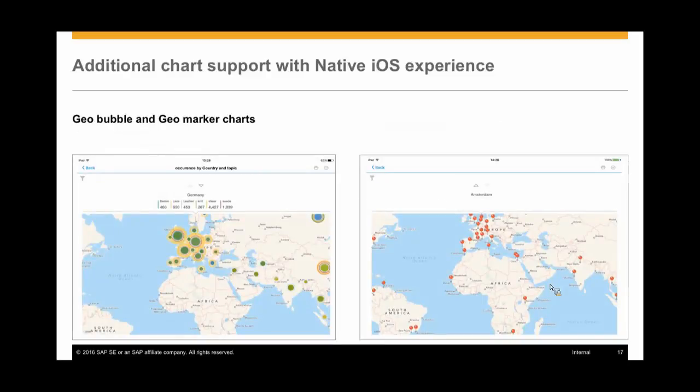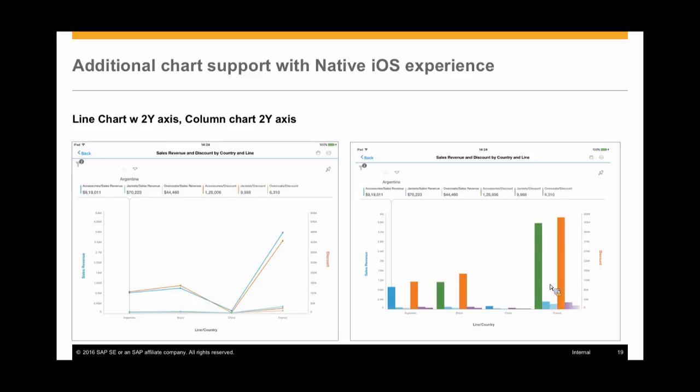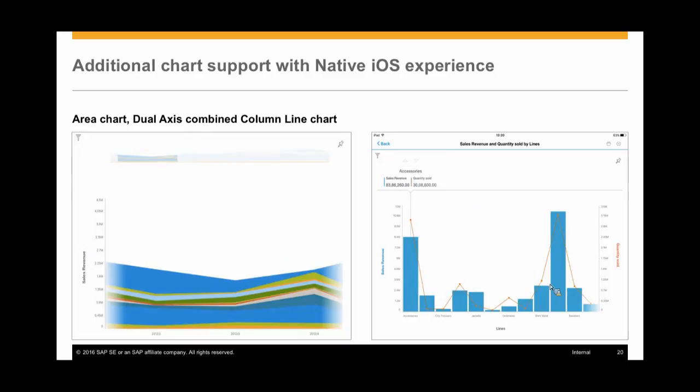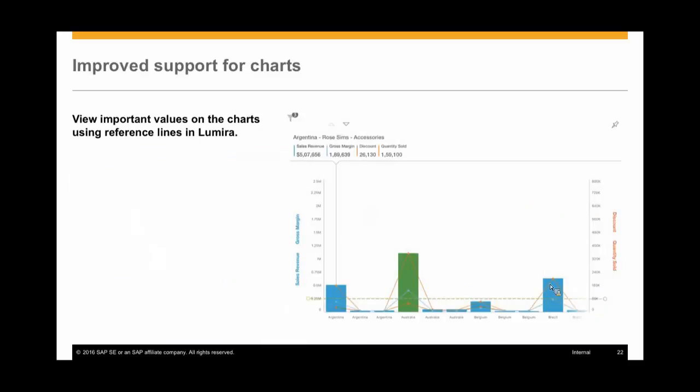Okay, so these are some of the new abilities that were added in 6.5. I've taken a few screenshots of those visualizations. I will try to show that as part of a demo as well. We had already got a few visualizations added in the previous release, and with every release, we continue to enhance our native support for Lumira and provide offline capabilities. So basically, all the actions and interactions that you can do online, you can do offline as well. Right. So these are some of the visualizations. We also started supporting reference lines, if you've added any reference line